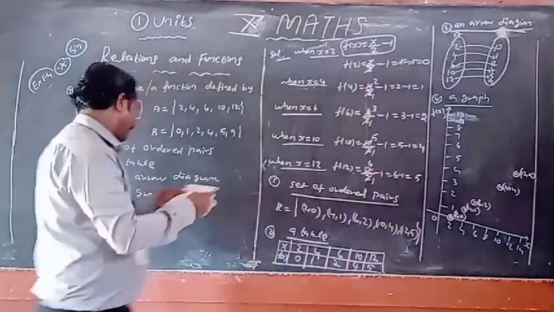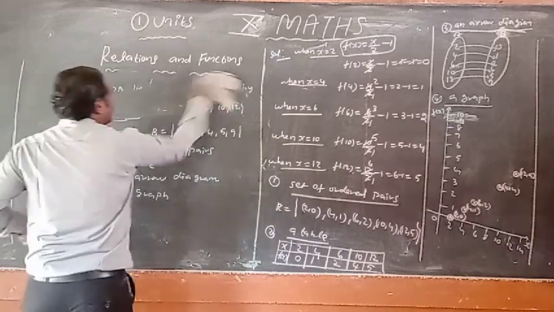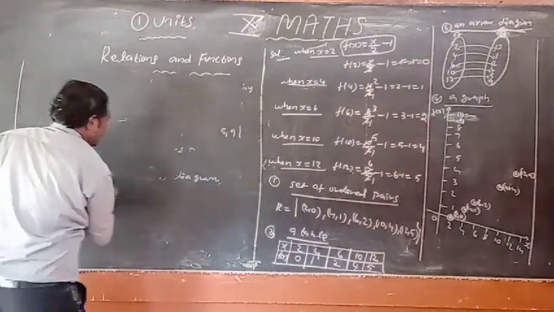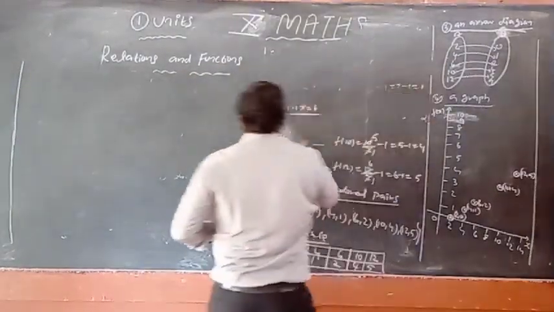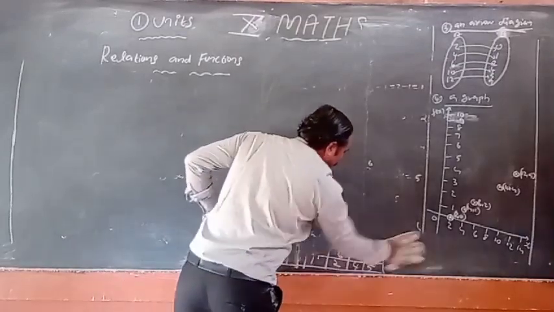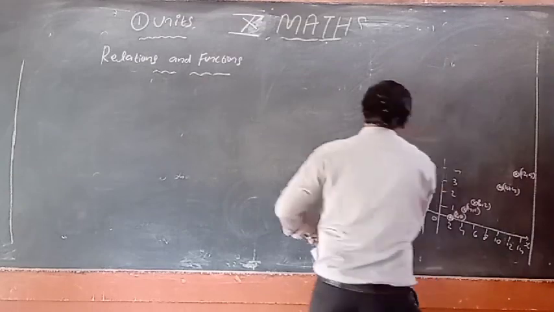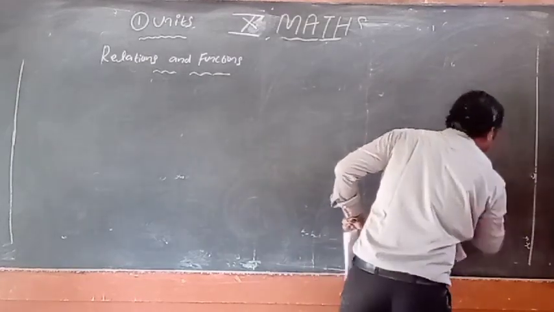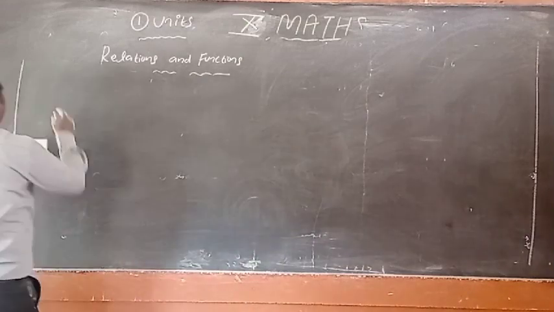Go to the next one. Third sum. Third one is a continuation of the same exercise. Same as usual. From the data that is given, find the arrow diagram, set of ordered pairs, and table. So easy now. Let us watch it. First two sums are over. Next one is the third sum.